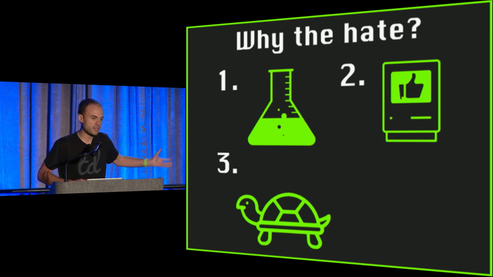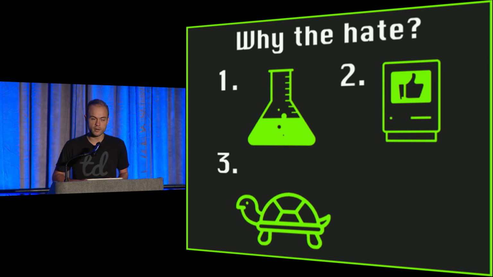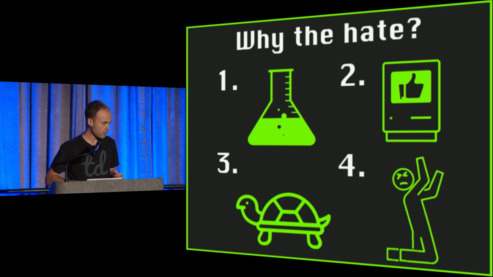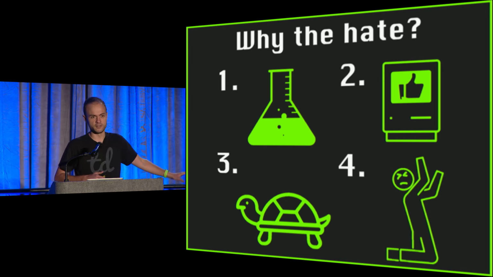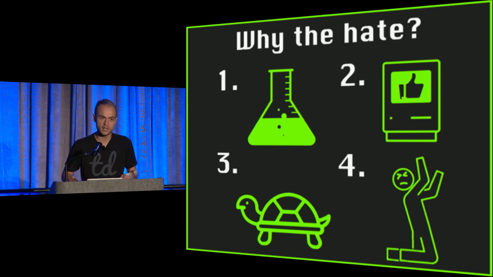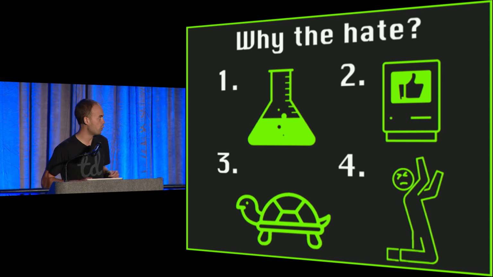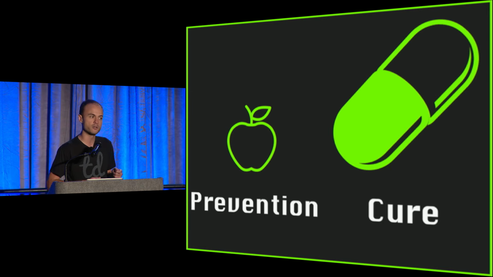But if that's the only type of test they write, after a couple years the app gets really, really big, and those tests are really slow, and that slows down the feedback loop of knowing whether or not things are working. And that leads to the final stage in the life cycle of test hatred, which is: man, I just long for the old days where we could push code and know really quickly whether it was safe and then move on. I see this repeat over and over again on different teams, and so I'm starting to think that an ounce of prevention might be worth a pound of cure.